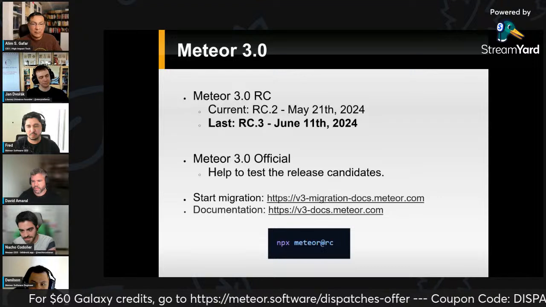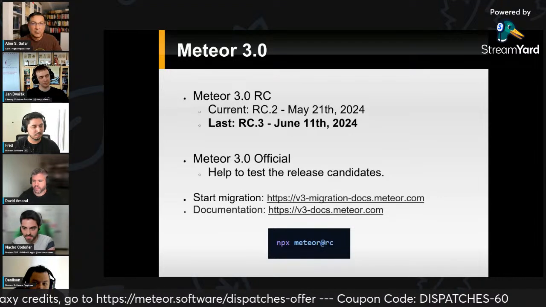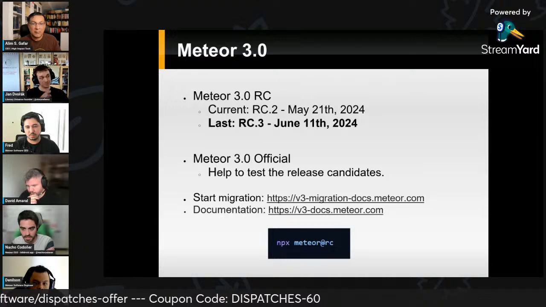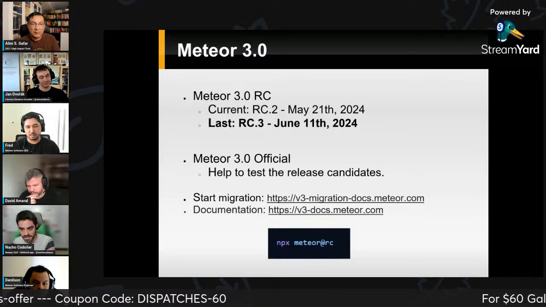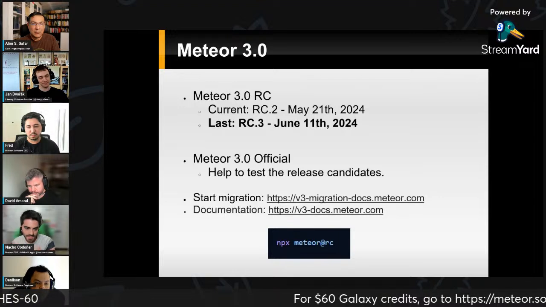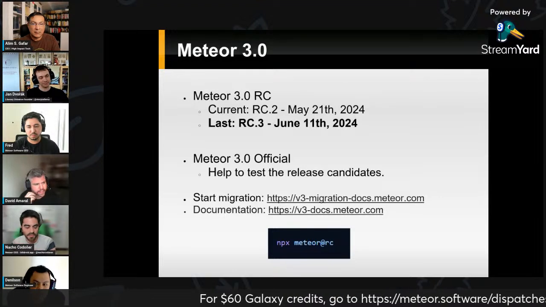So I think this is a really good opportunity to tell developers and companies that are using Meteor 2 to develop their applications to start migrating their apps if they have not already, because we need them to provide some feedback.